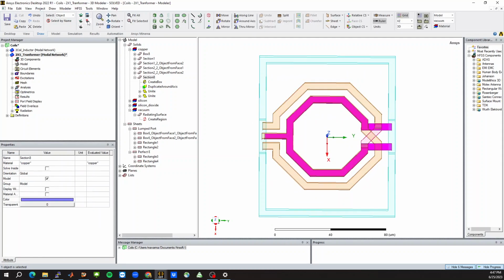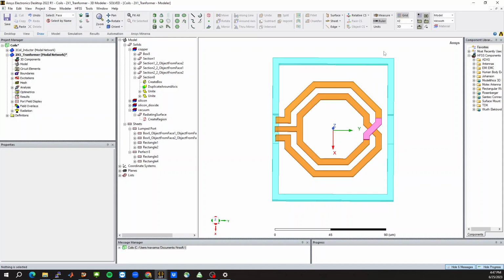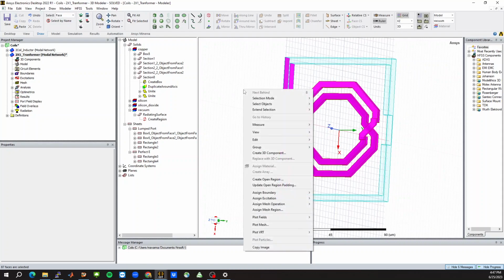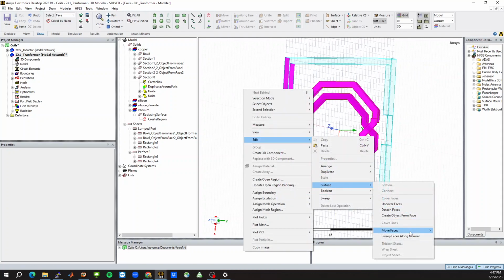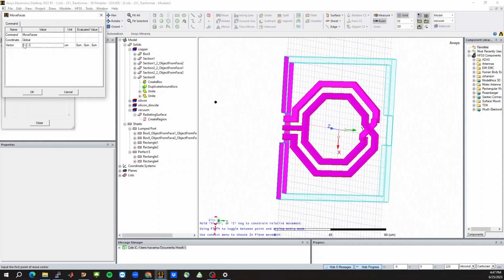You can hide this bottom inductor, remove these, and then just select face, select all of these faces, select them from the left side, right click, edit, surface, move faces along vector, F4, and then